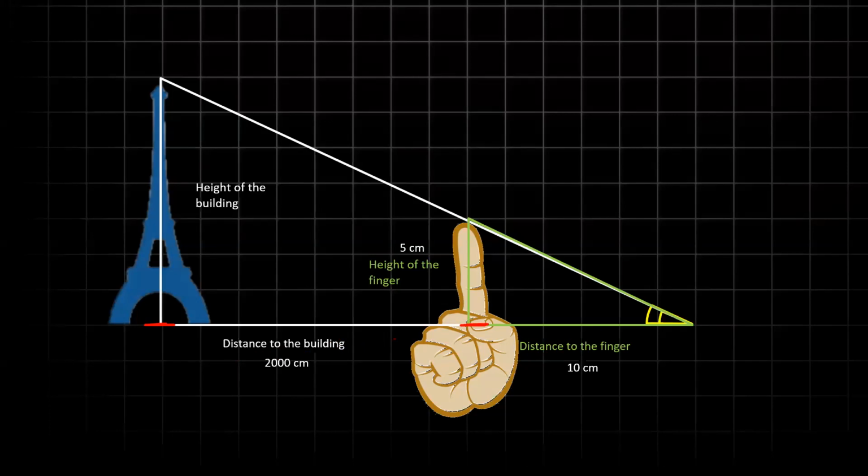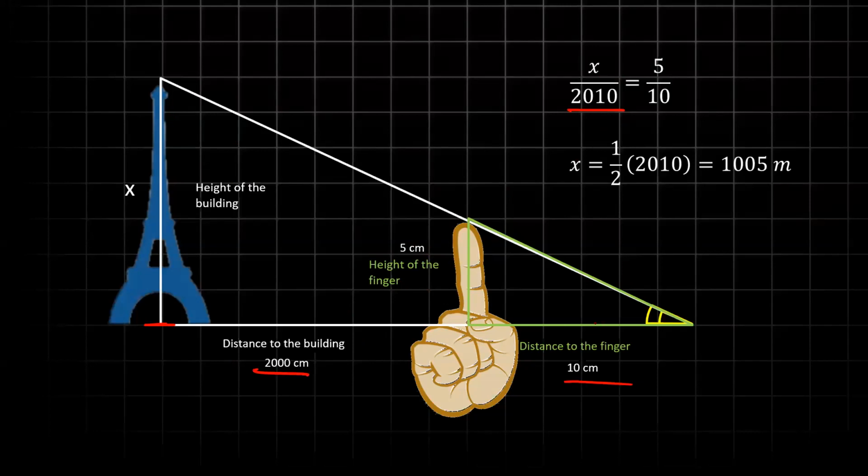Listen. Triangles, similar triangles. Which are the sides to compare? This and this. You guys know this, right? Yeah. Sai Pratiksha, that's correct. Agree with me on this. X by 2010, because there's 2000 plus the 10 centimeters from the face. Did you forget that your finger is at a distance from your face? So it's 2010. X by 2010 is equal to 5 by 10. This triangle side by this thing, ratios. The ratio of this 5 by 10 should be equal to half. But this also should have a proportion of half itself. So if you solve for it, you get 1005.